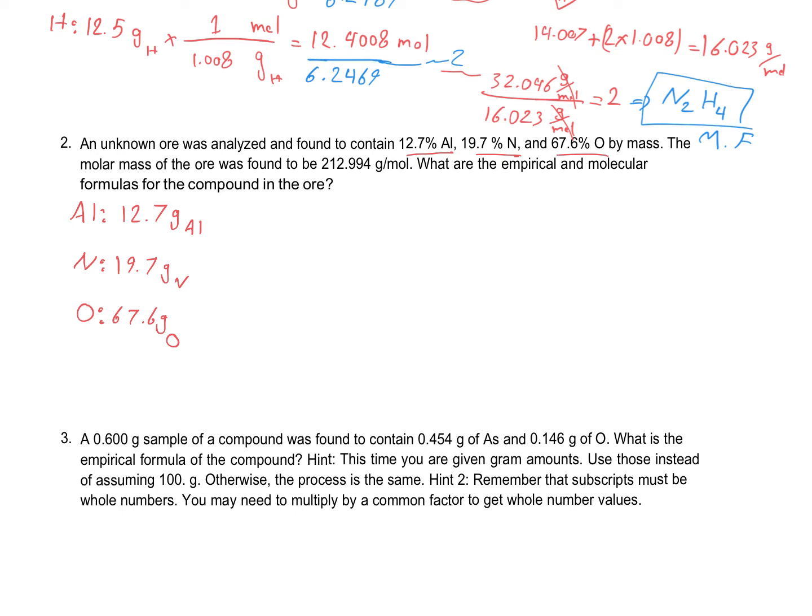So the second step is to convert the mass to mole. So you find the mass of each element from the periodic table. Aluminum is 26.982 gram in 1 mole. Nitrogen is 14.007 gram in 1 mole, and oxygen is 15.999 gram in 1 mole. Therefore, you have